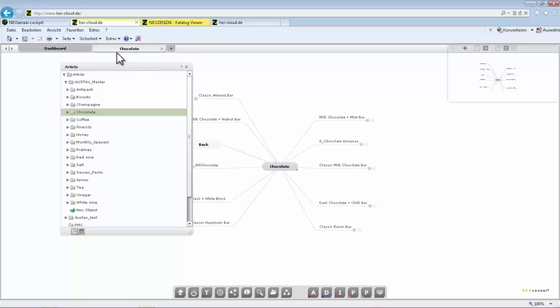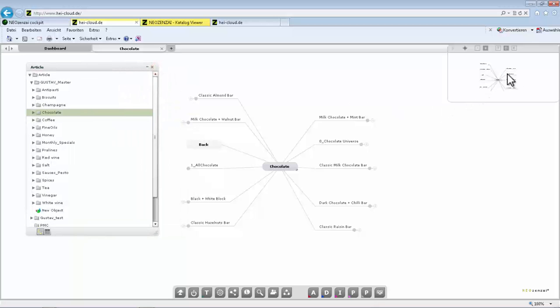Once again, you can have several workspaces open. You have here a little map to move everything. You have a little toolbar with zoom in and zoom out functions, and some more I will explain in a few minutes. So now we can see our articles of the chocolate,